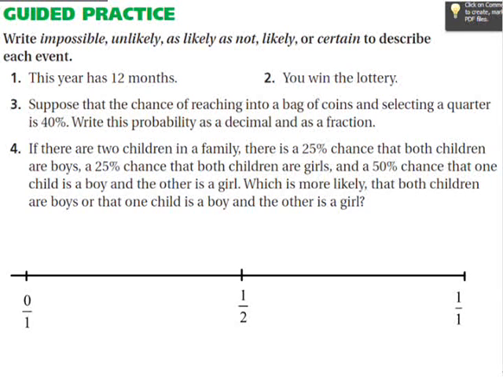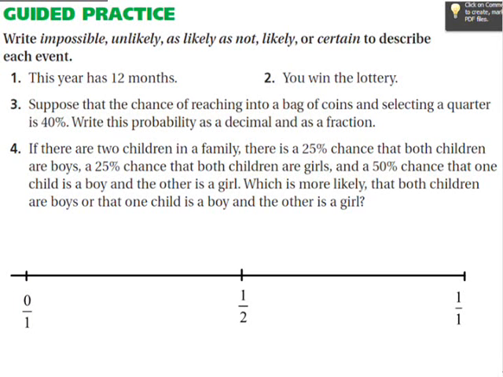Welcome to the lesson on probability. We're going to be looking today at impossible, unlikely, as likely as not, likely or certain. We're also going to be looking at putting probability on a number line. You have your notes page in front of you. I've got the questions that you're going to be looking at, and let's make sure you're filling out those notes